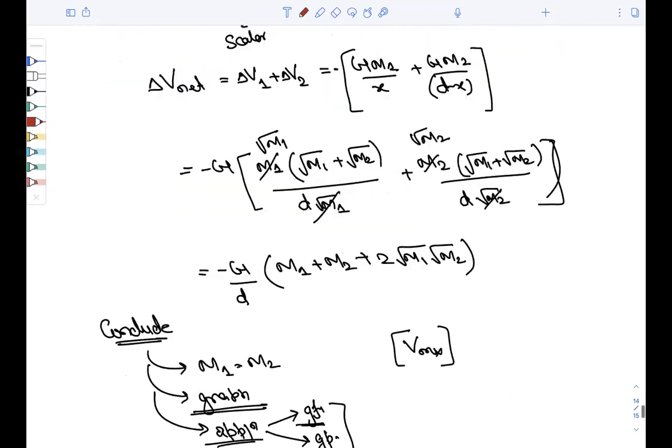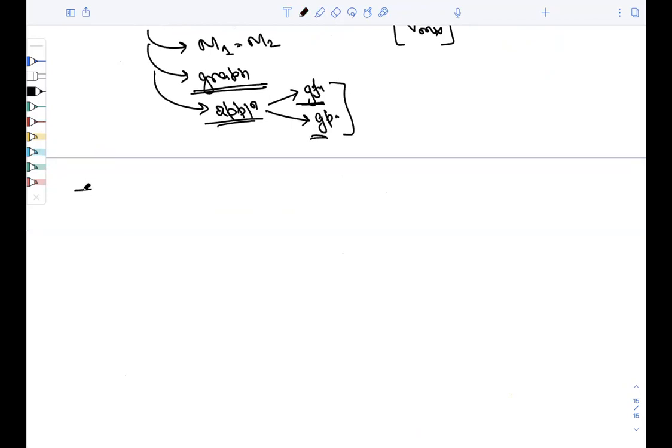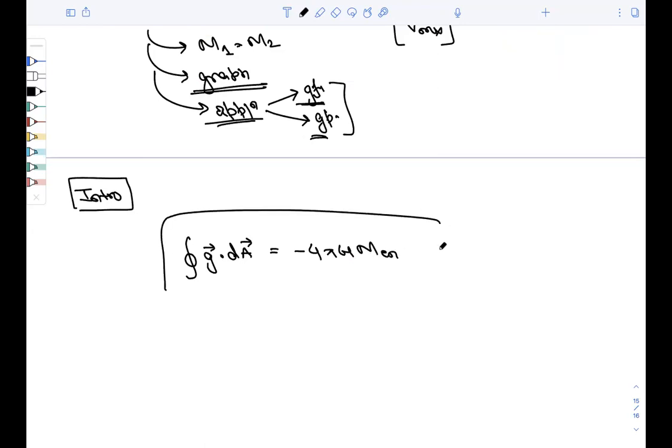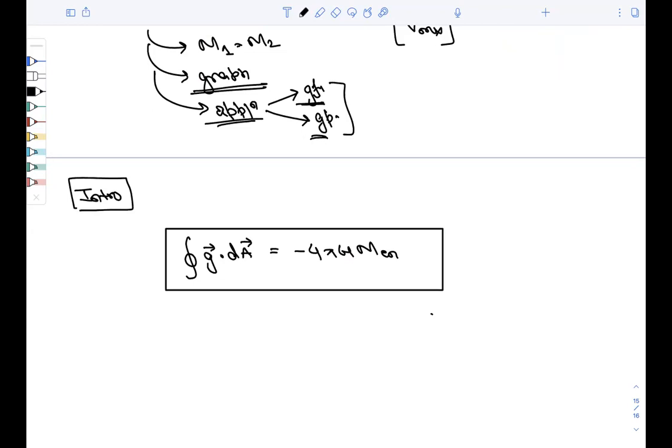So in the introduction, what is the Gauss law? The closed integral of g dot dA is equal to minus 4 pi G into mass enclosed. This is the formula, we know that. But first you will write the definition. I'm dictating, you can write if you want to. So the Gauss law of gravitation states that the closed integral of gravitational field around the loop,